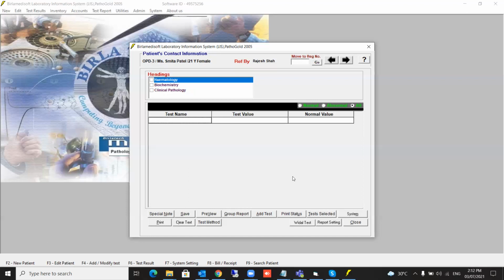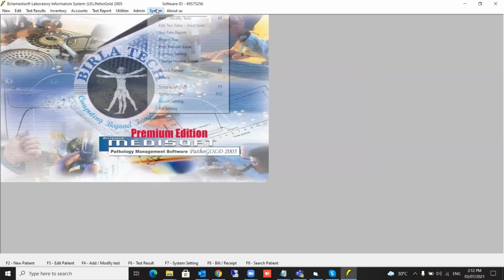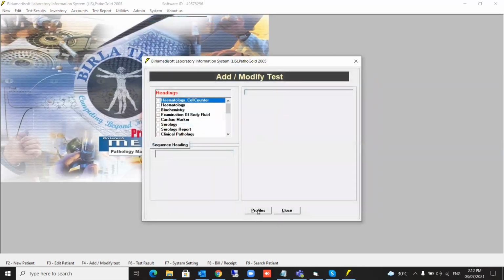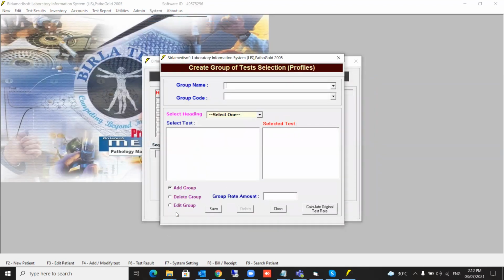I need to know, if I have added that profile, how can I edit that profile and delete the profile? Yeah, I have shown you. Now you go there. You can add it and you can delete it. You just go here, add modify test, go to the profile again, and there's a delete, add, edit, delete button, which I showed you. You have to just select the profile. You have to say edit, okay? Because in add you are having new, but if you want to edit it, you go to the edit, or if you want to delete, you go to the delete, and you will see that the profile name is here, and you can edit it. You can edit, you can delete it.